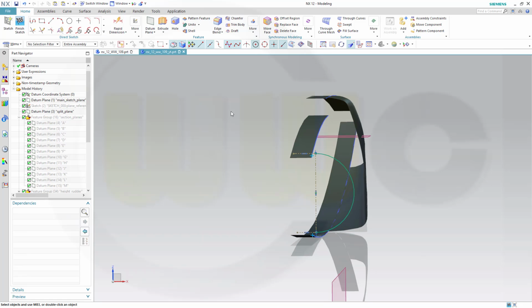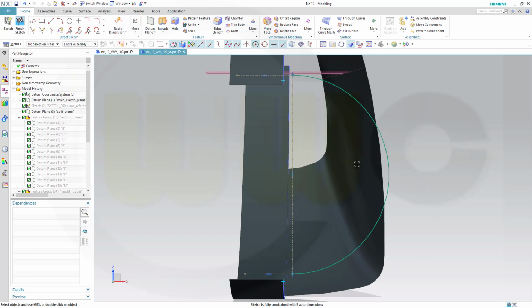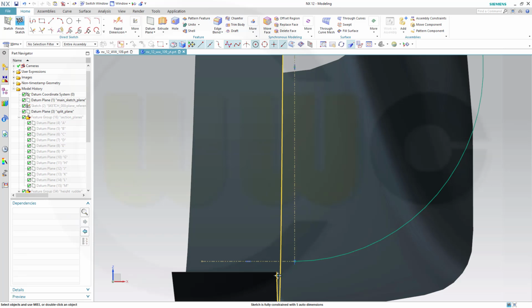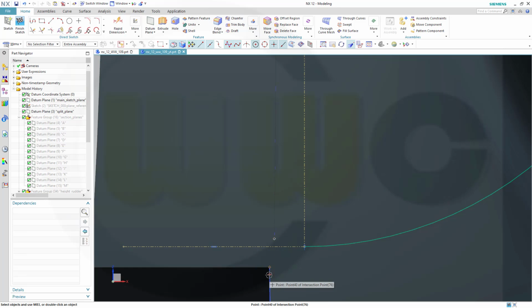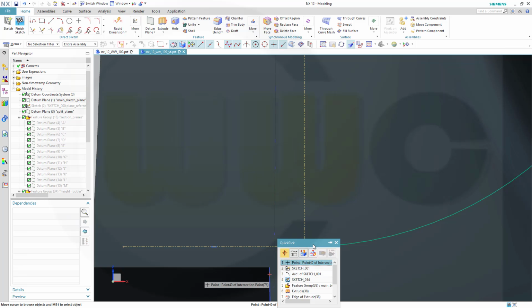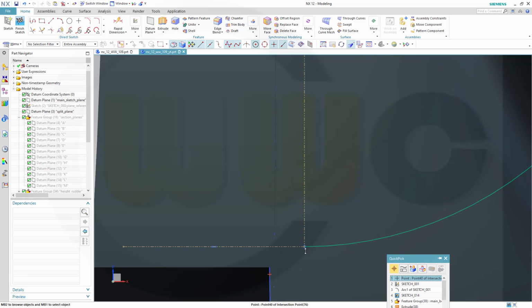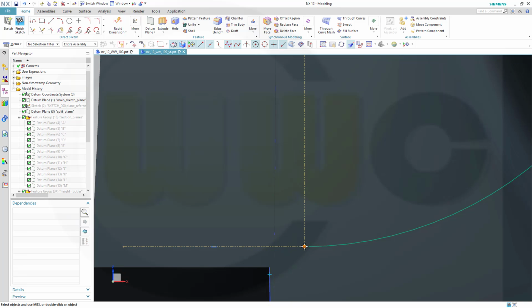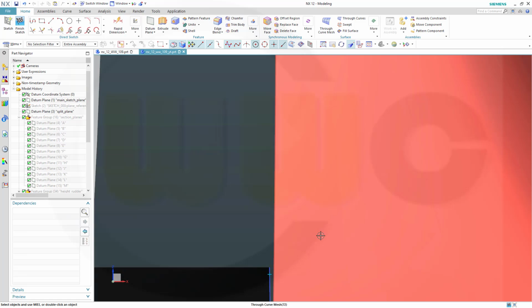Orient view to sketch, and let's put those 2 points, that point here, and this point, and that point here, and make it coincident,